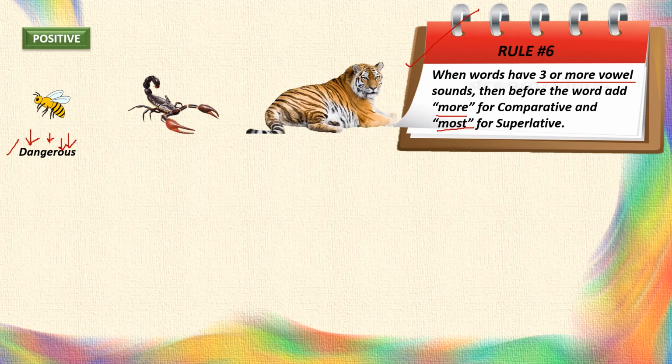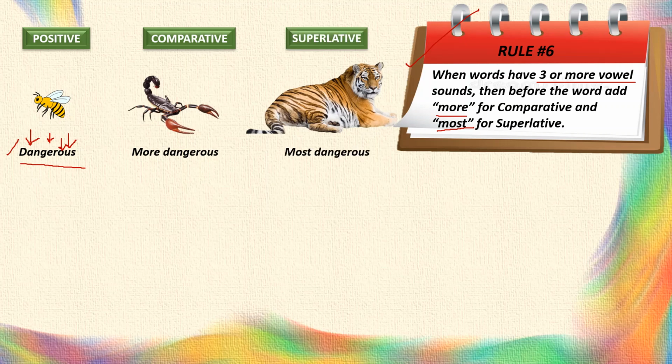So rule number 6 says that when you have an adjective which has three or more vowels, like in the case of dangerous, to make this positive degree adjective comparative, you will keep this adjective as it is, but before the adjective you will add more for comparative and most for superlative. So in the comparative degree, dangerous becomes more dangerous, and in superlative it becomes most dangerous. Okay. Now